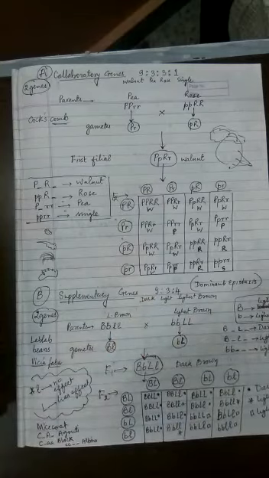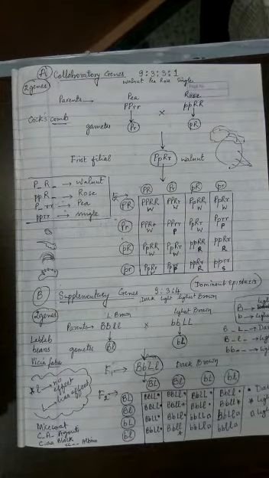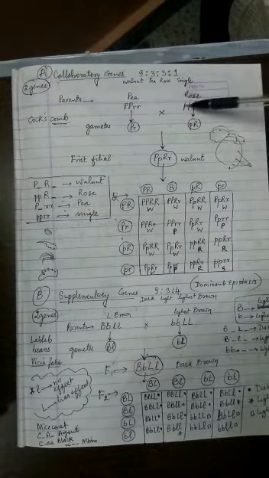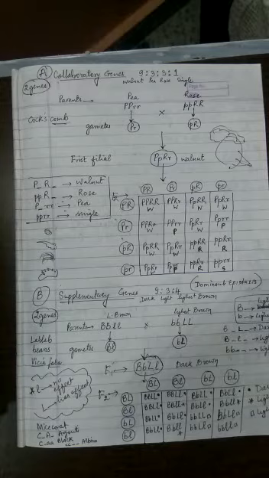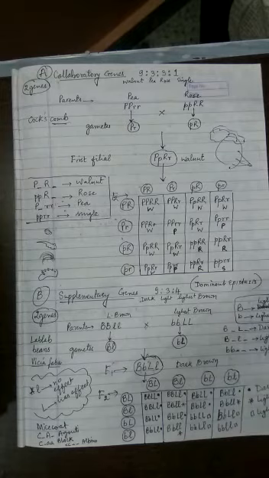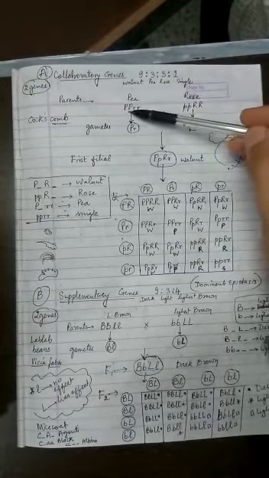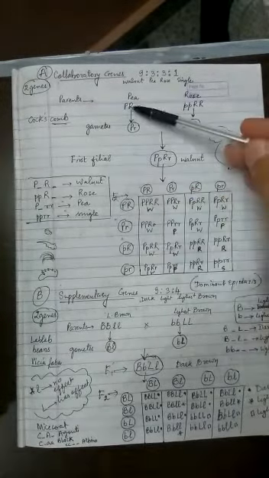When two parents are taken, one parent carries the pea shape of the cock's comb and the other one carries rose. Now the genes which control the expression are two genes here, P gene and R gene. You can see in these genotypes I have mentioned P and R. Now P can be in capitals, and it is also possible to be recessive, in small letters. Same way R can be in capitals or it can be small. Now because there are two genes, let's start with a homozygous situation. Capital P, small r is responsible for formation of pea shape. Which shape? Pea shape of the cock's comb.